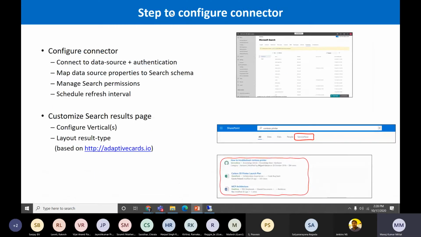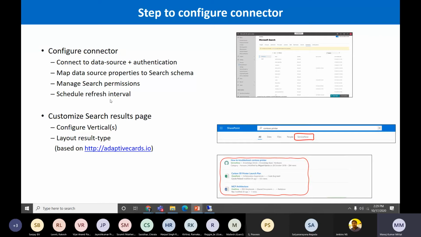So to do all this, from a configuration point of view, we need to connect with the data sources. What is my data source? As I'm going to talk about DevOps: where is my data, in which DevOps organization have I stored it, and what are the connections to connect to it. Once that is done, we need to define the permissions. If my data is not that sensitive and I have a small organization, I can crawl my entire DevOps content and anybody in the organization can see it, or I can apply filters on some DevOps queries.